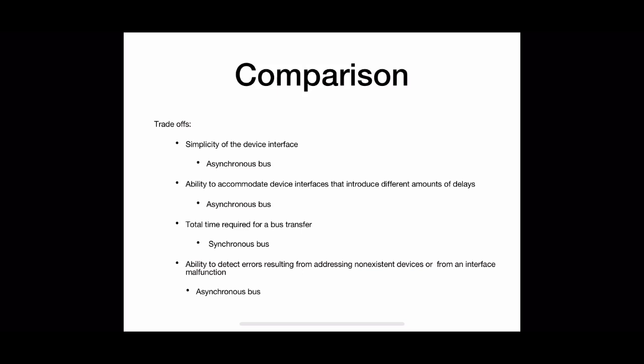But in case of synchronous transfer, the bus master will just initiate the transfer in the first half of the clock cycle and will just assume that in the second half of the clock cycle the data will be ready or the operation will be performed by the slave. There is no provision to check whether the slave is there or not. So asynchronous bus will be the winner here.